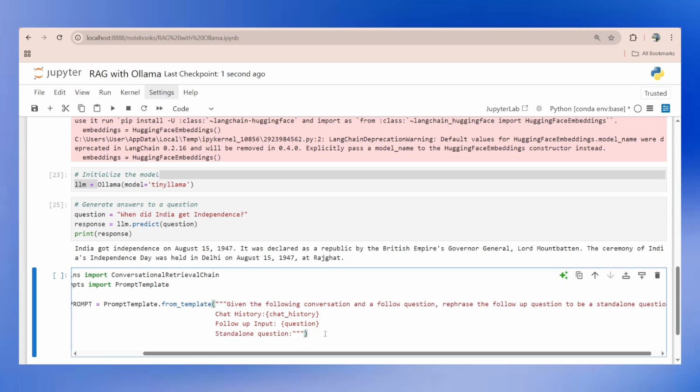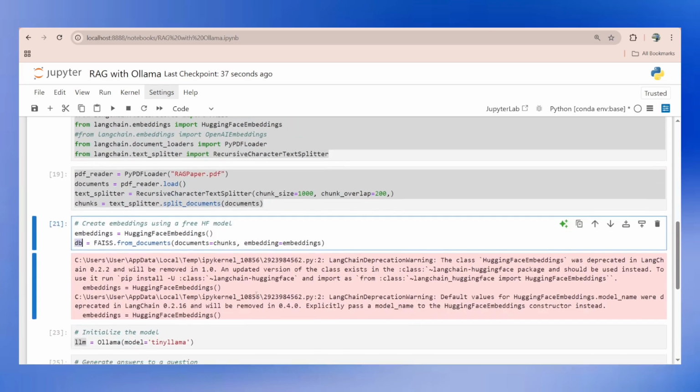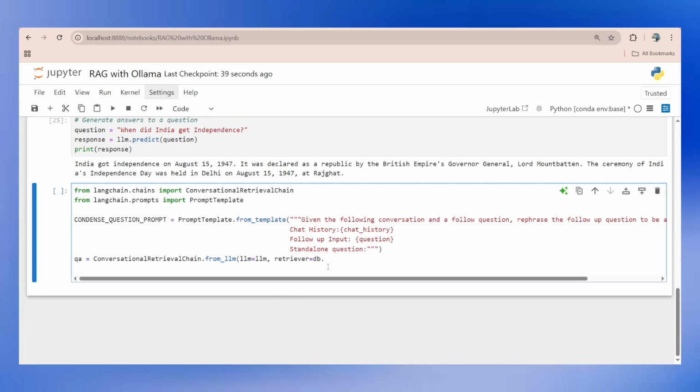My template is ready. My question is going to be taken, and then I'm going to use QA equals ConversationalRetrievalChain, and this is where I need to call from_llm. LLM equals LLM, because my variable name is also LLM, and here I have to pass this template, so I'll have to define one, retriever equals db dot basically db dot